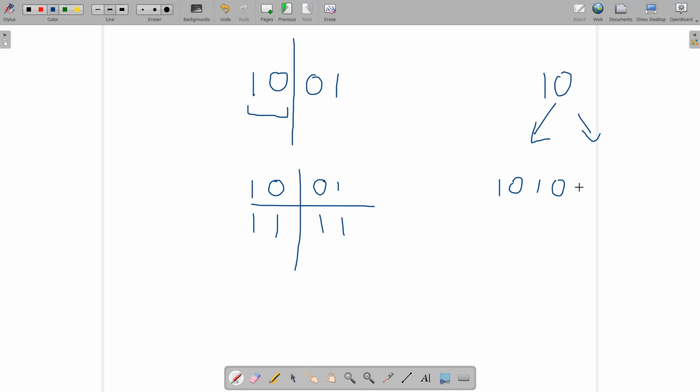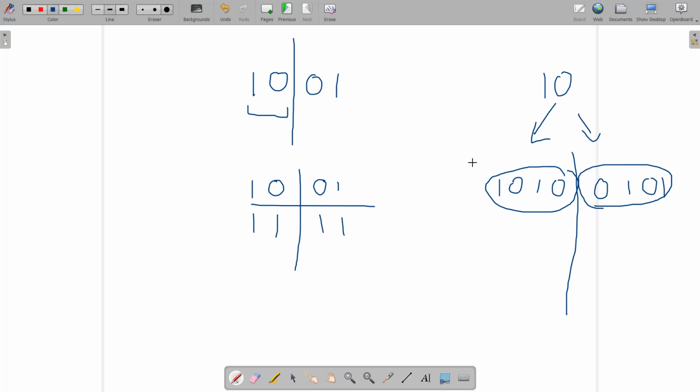I will try to reverse this one, so it would become 0101. Okay, so this is the left half and this is the right half. If we combine these, it obviously gives us a palindrome, right? Because we are just going to double it up. So it would become 1010 and again 0101. This is a palindrome string, right?